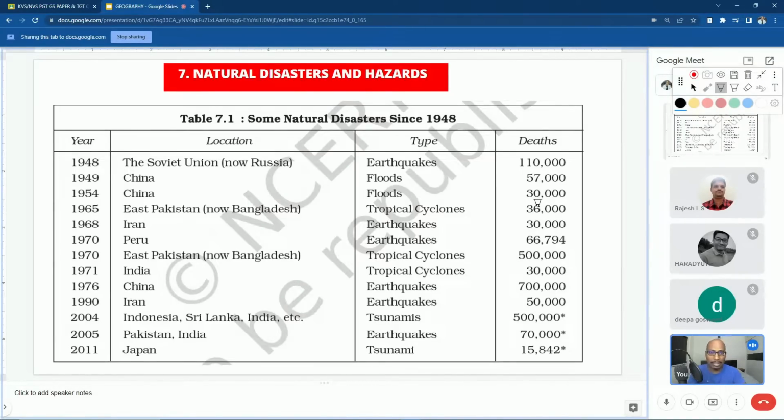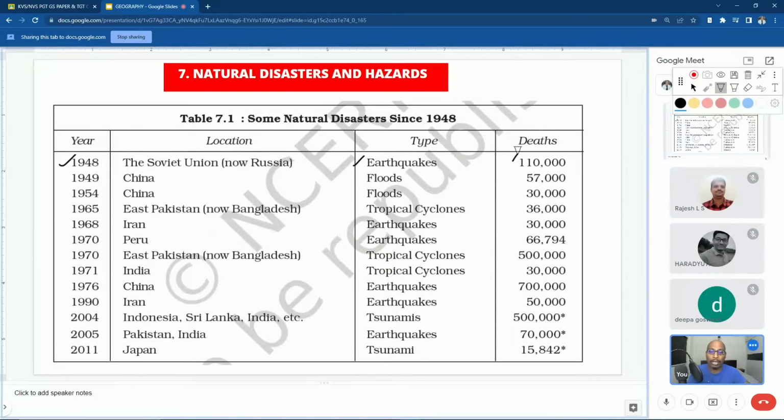Now, it is in the NCERT class 11 textbook, because questions may come from your NCERT textbook. That's why I have taken exactly from your NCERT textbook only. Now, if you see, the different disasters happened in different places and the effect of those disasters. The one which has caused maximum human deaths happened in the year 1948 in the Soviet Union, now Russia, and the reason was earthquake, and